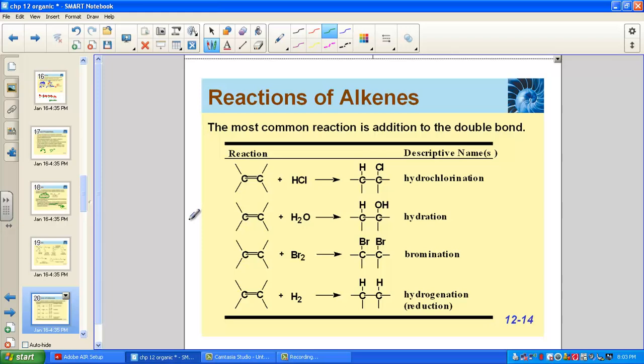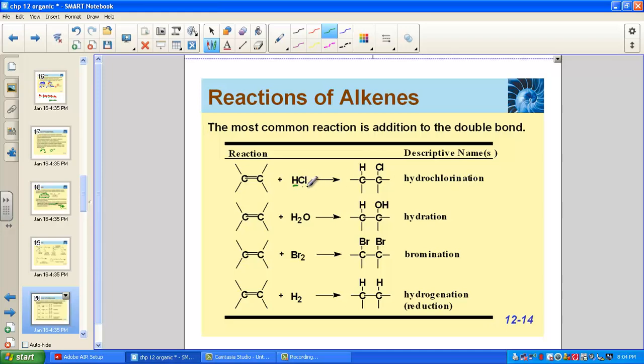We next discuss the characteristic reactions of alkenes. The most characteristic reaction of alkenes is addition to the carbon-carbon double bond. We break that double bond and in its place form single bonds, and new atoms are attached to those carbons. We go from an unsaturated hydrocarbon to a saturated hydrocarbon, where each of the carbons now contains 4 sites of bonding. A first example,